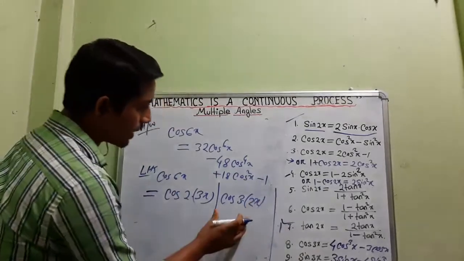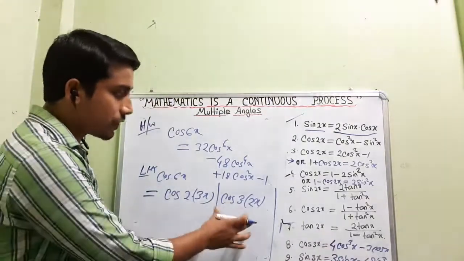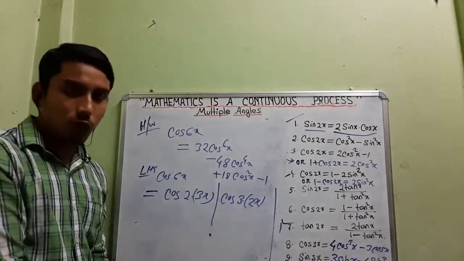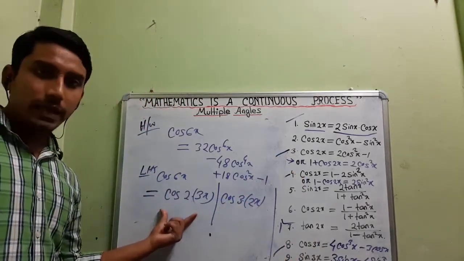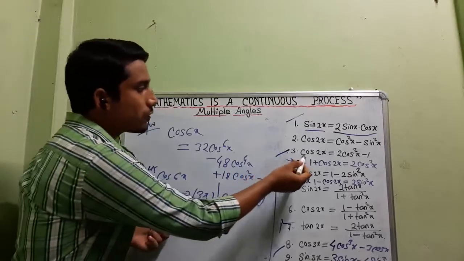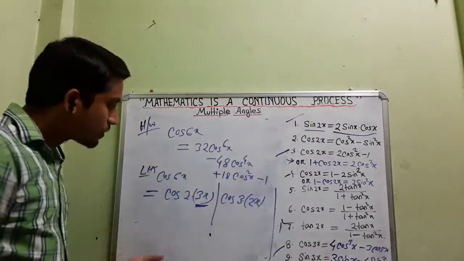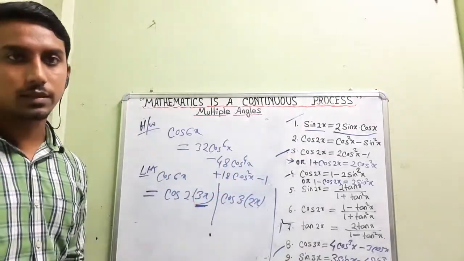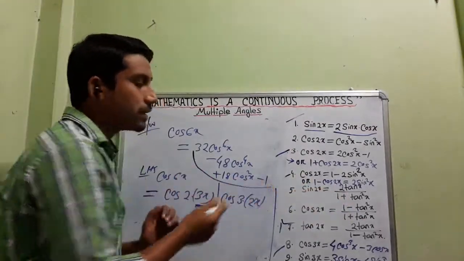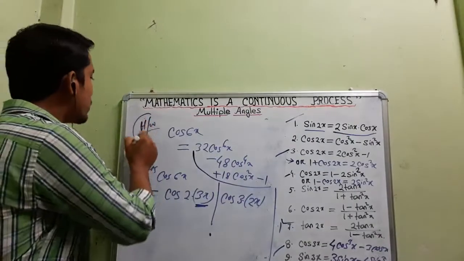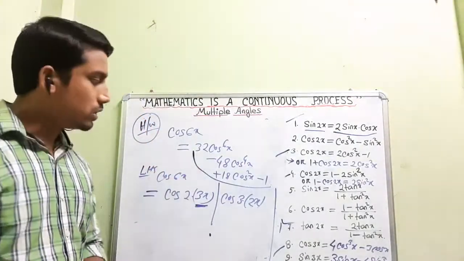If you break in this way, then you are supposed to use the formula of cos 3x in the first step. In the next step again you are supposed to put the formula for cos 2x, means number 3 and number 8. And if you break in the other way, then at the beginning you are supposed to use the formula of cos 2x, with 3x in place of x, then after that again put the formula of cos 3x. So just put all the necessary formulas, expand the things, and you will get your right hand side. Try to finish this problem at home. I think you will be able to do this one.